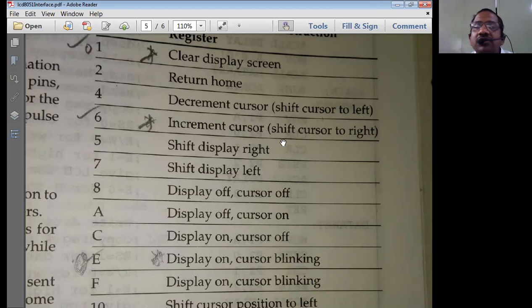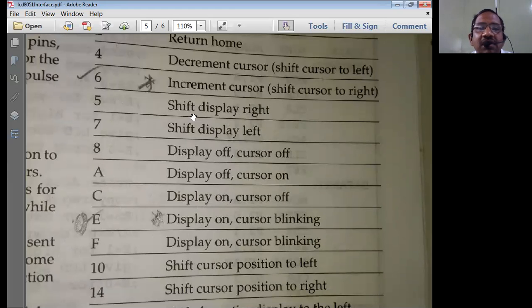If it is 04, it is going to decrement the cursor, that is, shift the cursor to the left. So to shift the cursor to the right, we use 06, and to shift the cursor to the left, we use 04. Like that, we use several operations here.